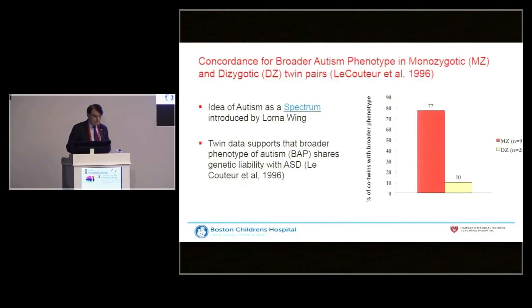and the challenges these bring in treatment. The idea of autism as a spectrum has been supported by a number of genetic studies, one of the most fundamental being the one completed by Anne Le Couteur with Michael Rutter, showing an overrepresentation of the phenotype in monozygotic twins versus dizygotic twins.